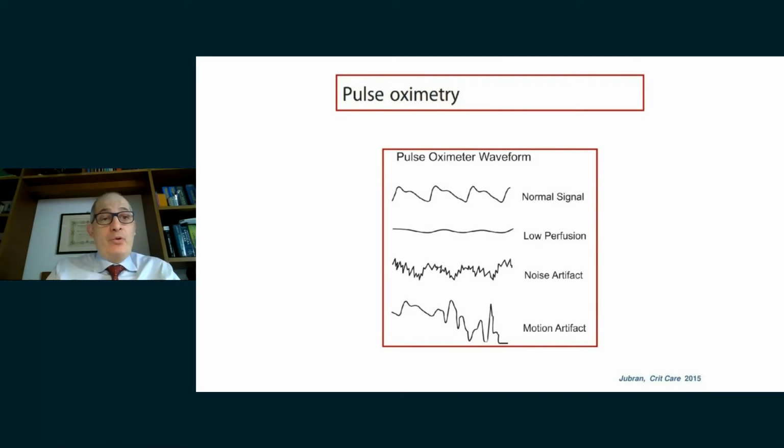How does a pulse oximeter work? Here is a clean example in the upper part of the normal signal. However, patients with acute respiratory failure, ARDS, or hemodynamic failure sometimes have problems getting reliable data due to low perfusion, the presence of noise artifact, and the presence of artifacts due to motion. In addition,